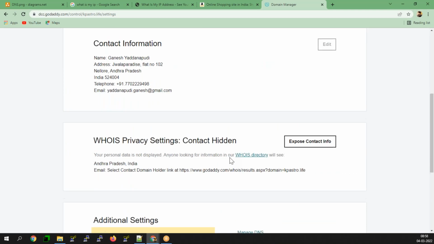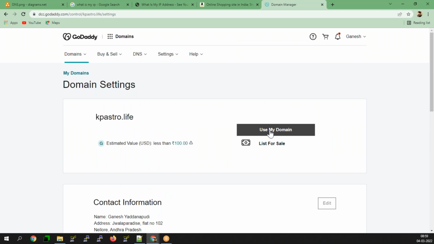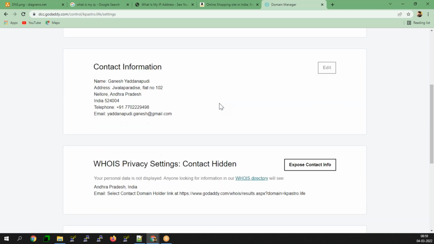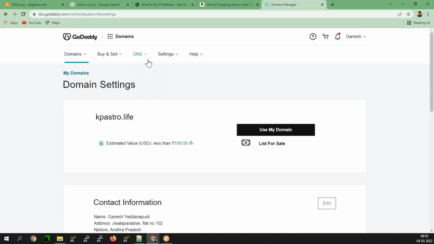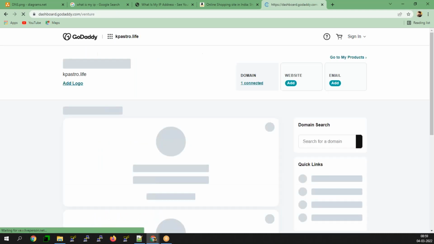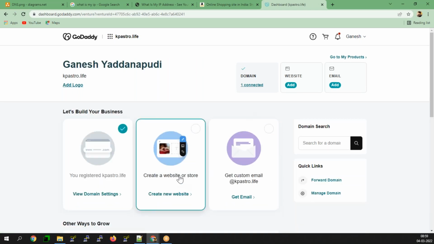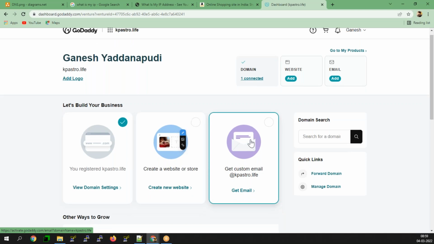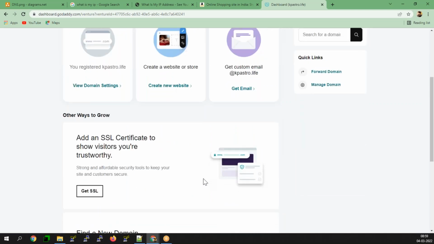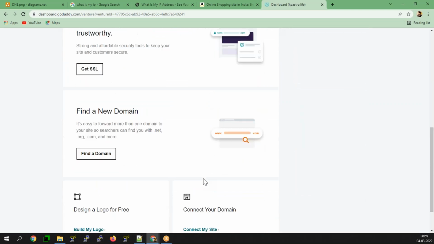Similarly, you can purchase your respective domains, whatever domain you want. When you use .live or .co.in, you will get it at a lower price.